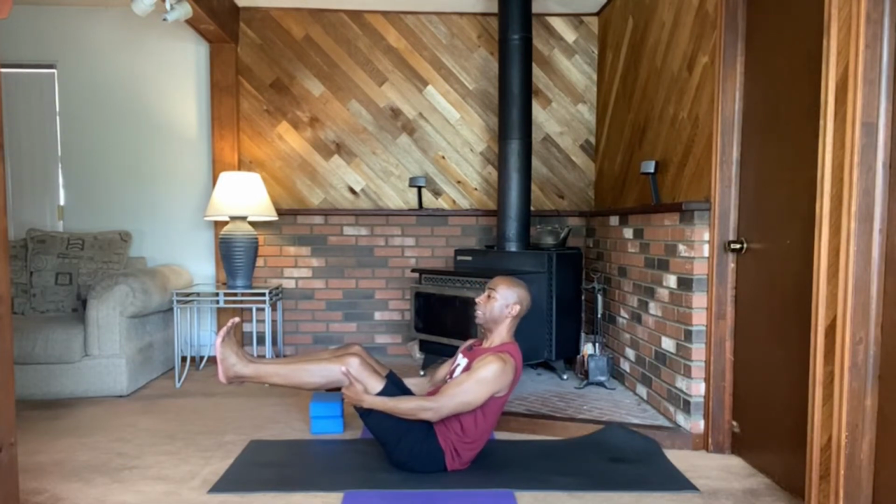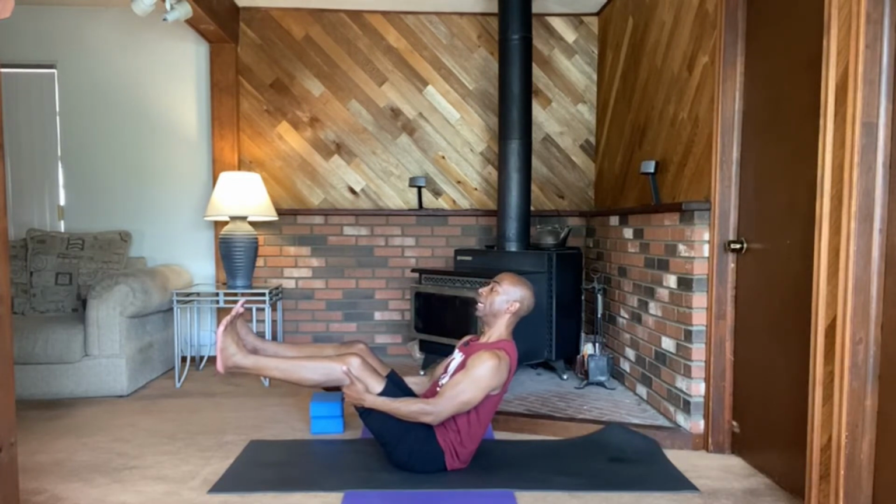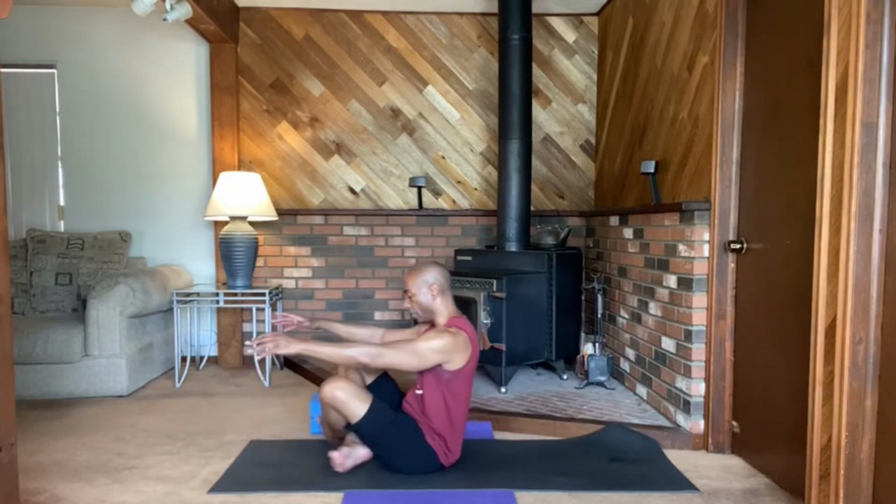Just notice if you might be sinking or collapsing into low back or the middle part of your back. See if you can lift up as if you're rising up and out of the pelvis. This is our boat pose. Okay, let's move. We're going to breathe in first. As you exhale, cross legs, hands in front of your crossed